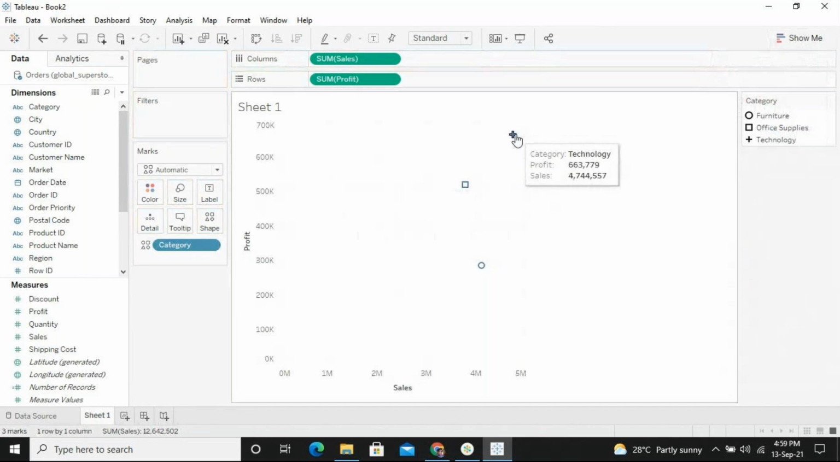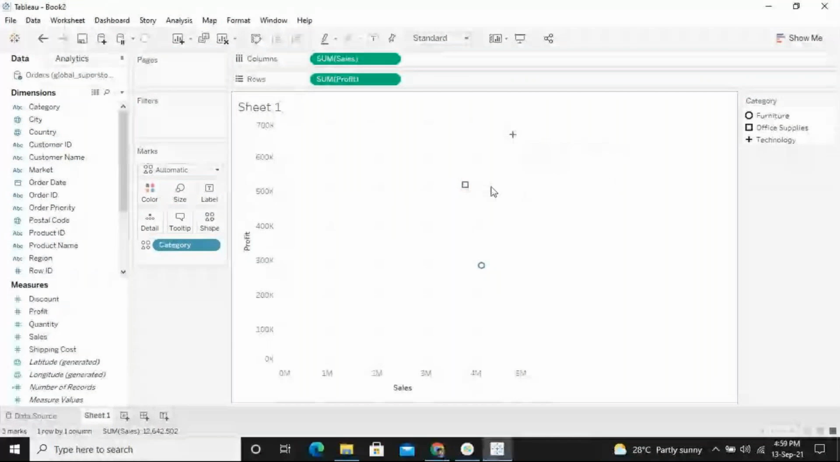Can you see? The plus is for technology, the square is for office supplies, and the round is for furniture. So these are the three things. It's a technology option, category wise. So there are three categories. The plus is the technology category, the profit and sales of technology, and the profit and sales for office